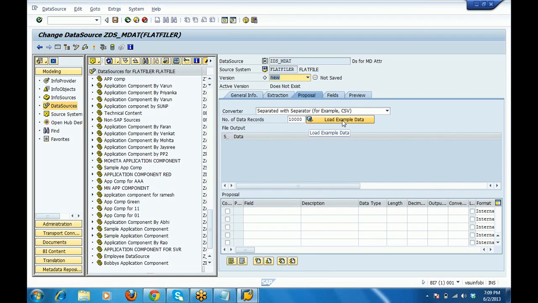If you observe, I did not create any fields yet for my data source, or my PSA, in other words. Now I have to create some fields for my PSA, which will allow me to store this data. So when I hit load example data,